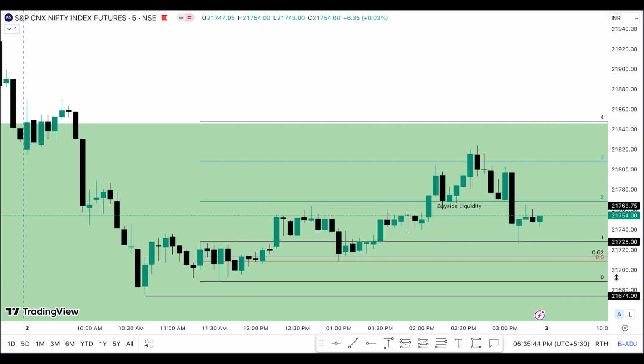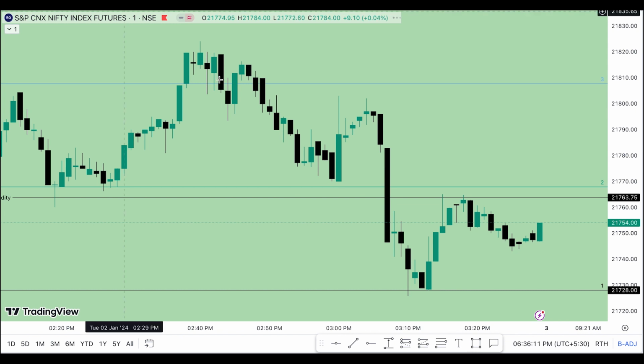You will see that I have two ranges around here, the 62% fib level and the 0.5, which is the half of that range. Only after the price came back into that range, which is this 1 o'clock candle, I decided to take on a long entry with the target being only this particular high on the 5 minute and right above that. So if I go into the 1 minute time frame,